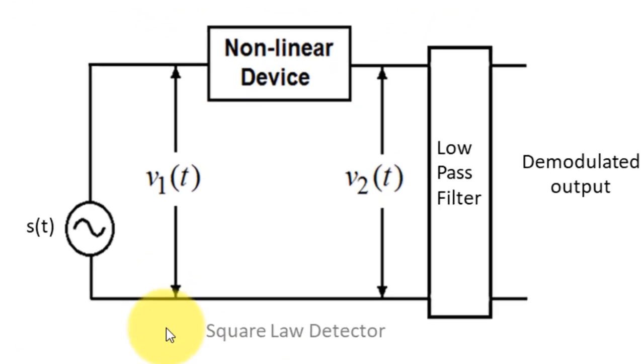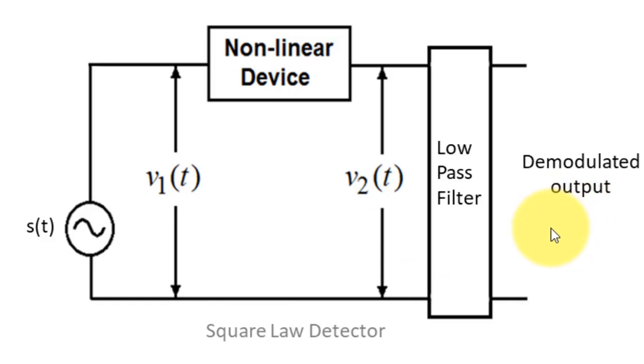So, square law detector. This particular figure is showing the block diagram structure of your square law detector. At the input side, we have your s(t), which is nothing but your amplitude modulated waveform. That signal is applied to your nonlinear device. It could be any nonlinear device which is operating in its nonlinear region, such as a diode or transistor. Then the outcome of your nonlinear device is passed through your low pass filter. So via appropriate filtering we are going to get the message signal, or your demodulated output.